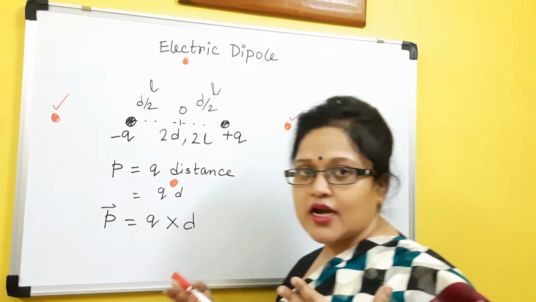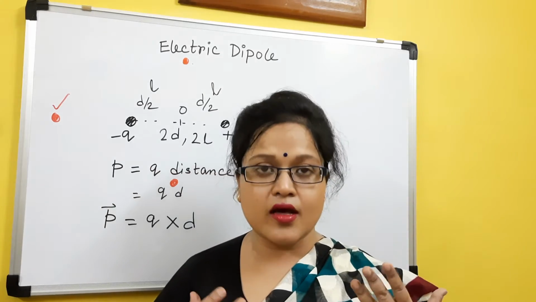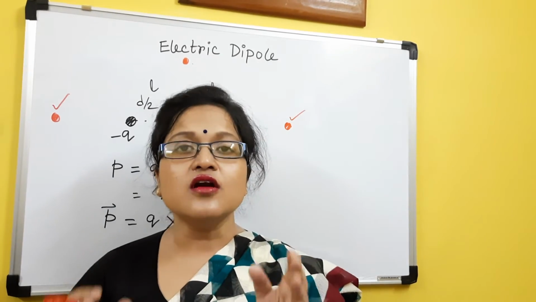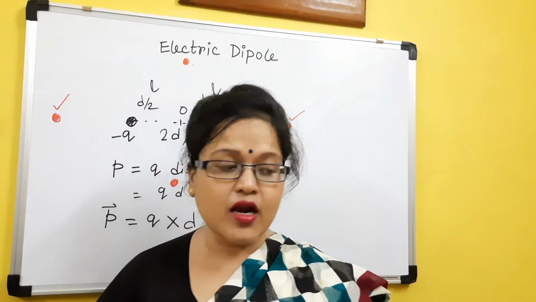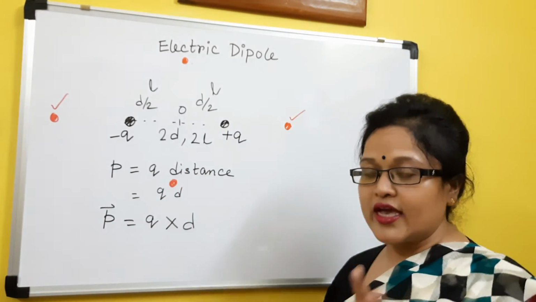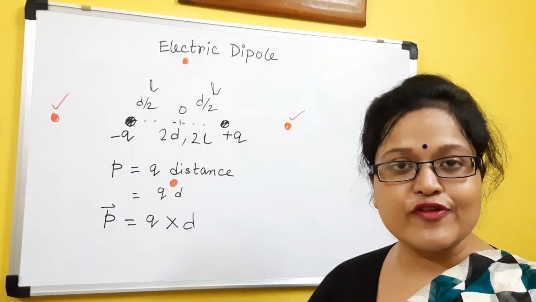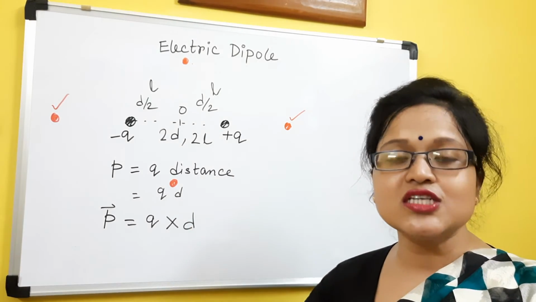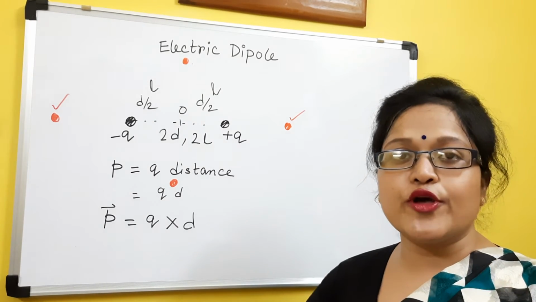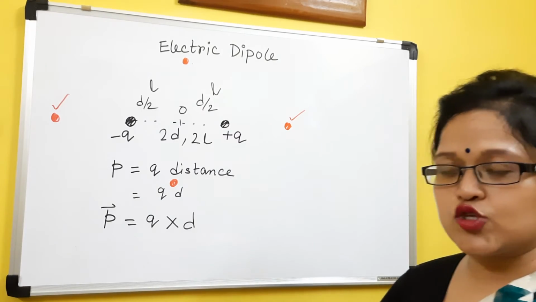So what will we study? Electric dipole we know. Now what will happen if we take a test charge near the dipole? That will be our topic of discussion today. For that we will consider two cases. One is the axial position: what will be the change in electric field at that point of the test charge? And for the equatorial point, what will be the change in electric field in that case also?